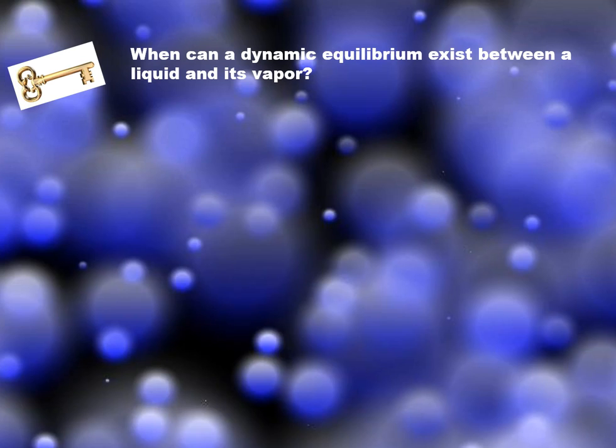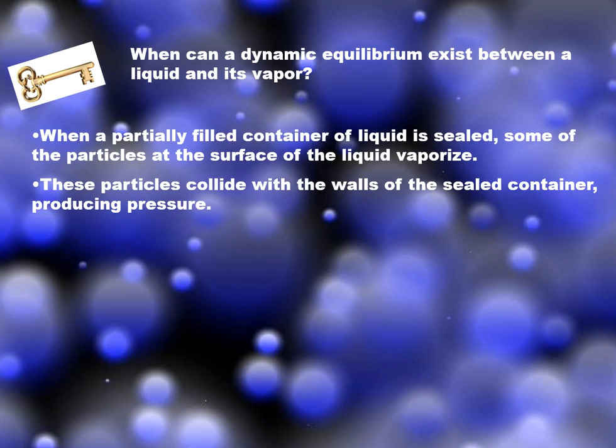When can a dynamic equilibrium exist between a liquid and its vapor? Well, what is a dynamic equilibrium? A dynamic equilibrium is when the forward reaction equalizes out with the backwards reaction. So if we're looking at the liquid and the gaseous state, a dynamic equilibrium would be when you have an equal number of particles going back and forth between the liquid and the gaseous phases of matter during that process of evaporation. So if you had a partially filled container of a liquid, and it's sealed, some of the particles